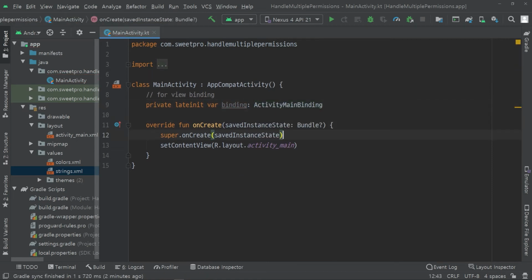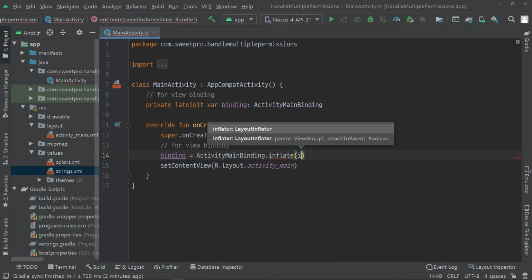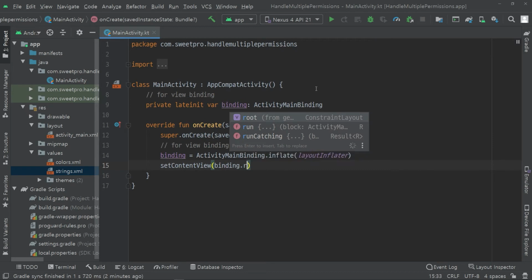The name of the binding class is generated by converting the name of the XML file to Pascal case and adding the word Binding to the end. With Pascal case, the first letter of every word in the ID is uppercase. For example, the generated binding class of ActivityMain.xml is ActivityMainBinding.